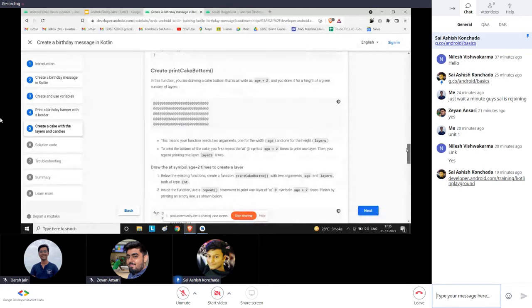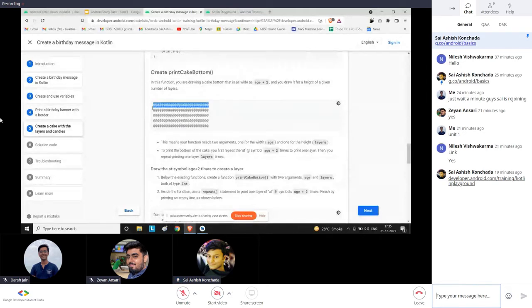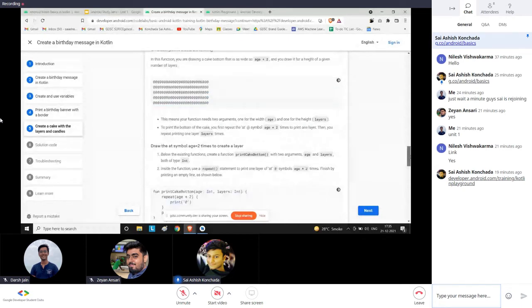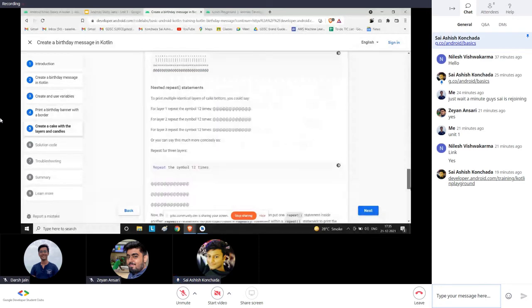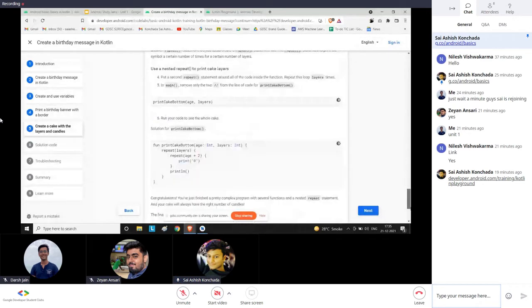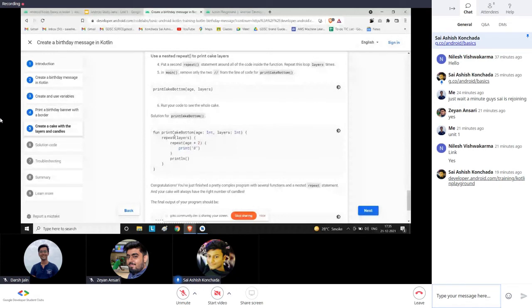Because we have to print it both sides, right? In the horizontal as well as the vertical. So the natural approach is that we are using nested loops because basically it's a pattern. So we'll put a loop within a loop. So what they're doing is they're putting the number of layers. In each layer, they will print, let's say 12 or 14 or 13 at the rates, and then they want it to go to the next line and repeat for the next layer. I'll repeat what they're doing here.